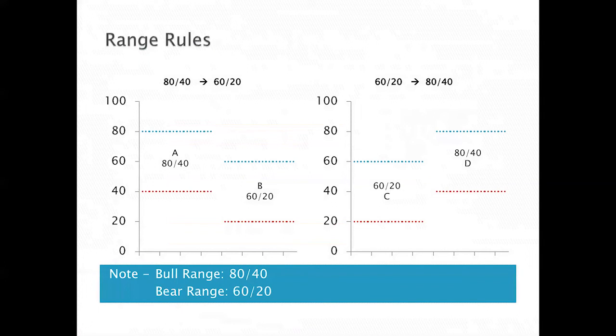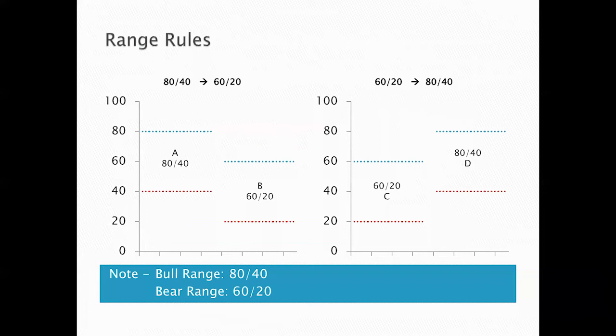This is one just for range rules. In section A, in that block A, if you see all the activity on the RSI is running between 80 and 40, you look at your bar chart, your moving averages on close will probably still be pointing higher. I don't have to wait to see the 50-day moving average cross the 200 to tell me something's changed.